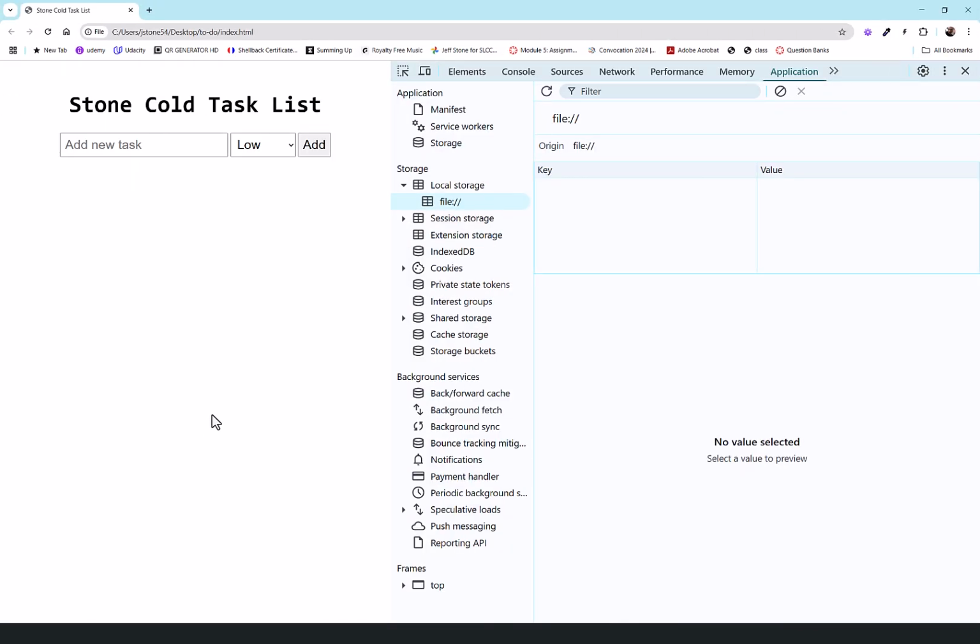Now you can see this is very plain on the left half. I've got the local storage open on the right, just so we can follow what's happening there. But I want to start off by showing you a couple of things here that are good user experience, even though the site's ugly, right? First of all, notice my button and the input fields. They are not squishy, as in not enough padding. They have decent padding. They're all the same height. They're lined up nicely and they look good together.